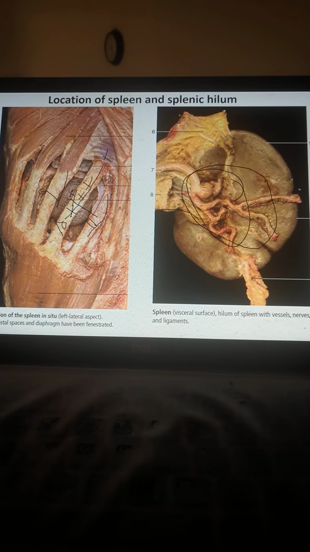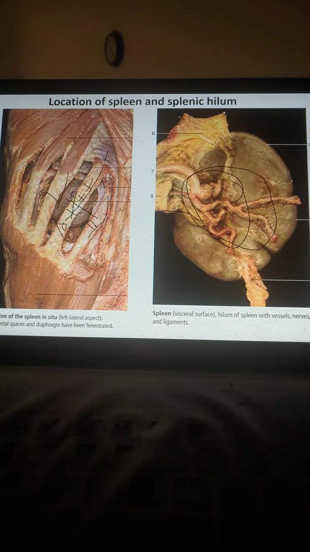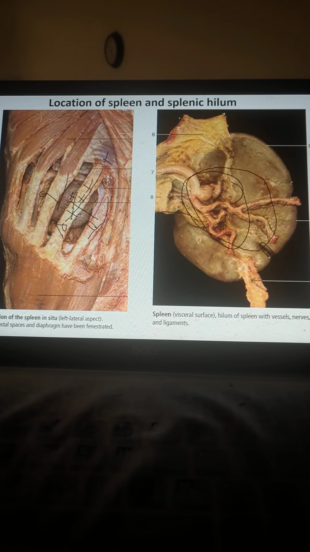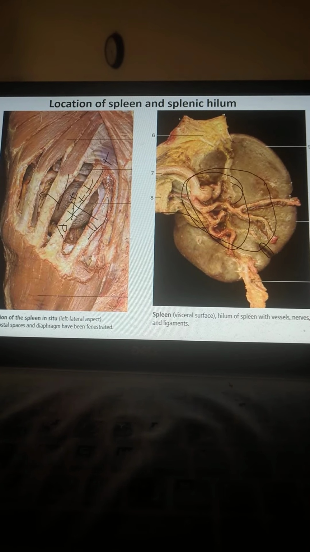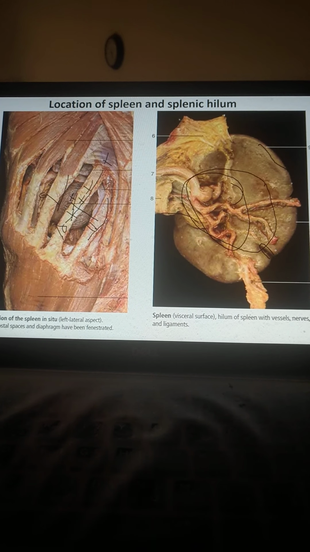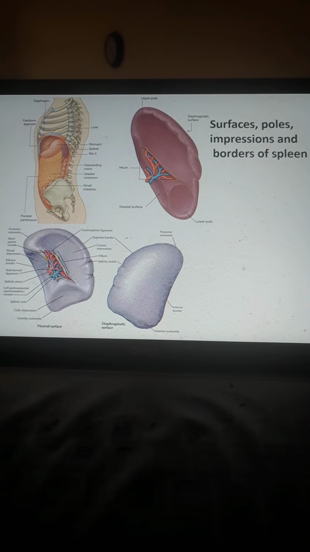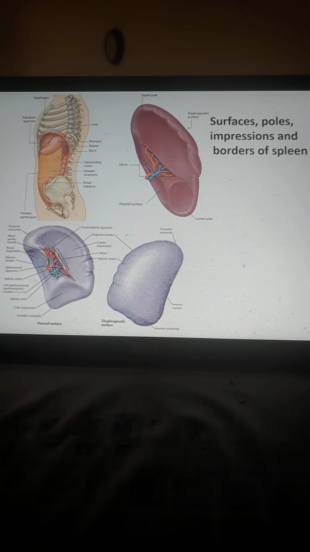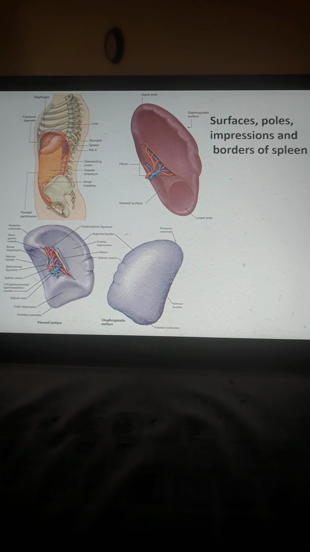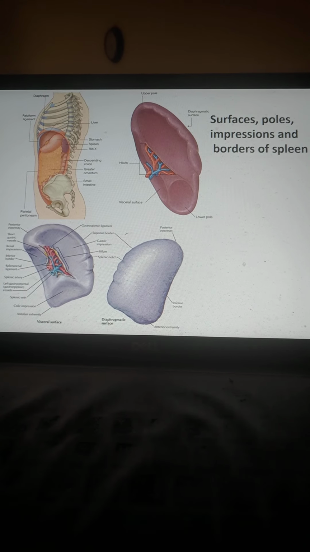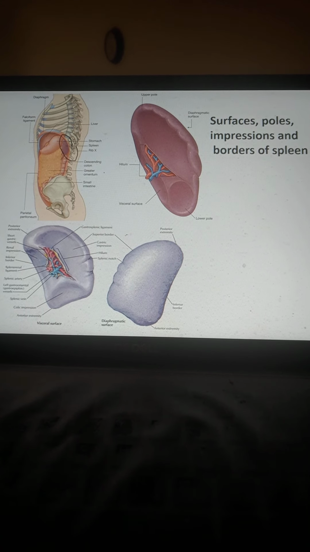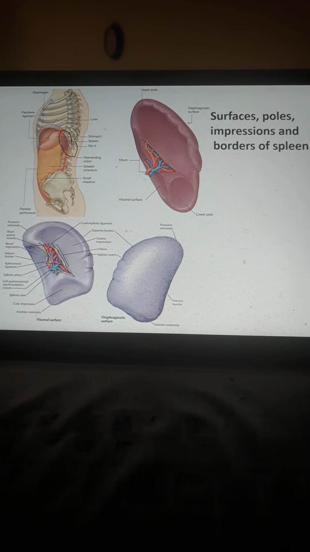Also look here, there is a border which is notched, and this notched border is the superior border, or you can say the upper border here. So this is the lower border. Here is a diagram which shows the main surfaces and the borders, as I mentioned before. Here is the position of the spleen in the upper left abdomen, in the left